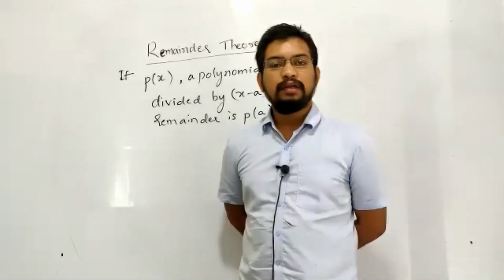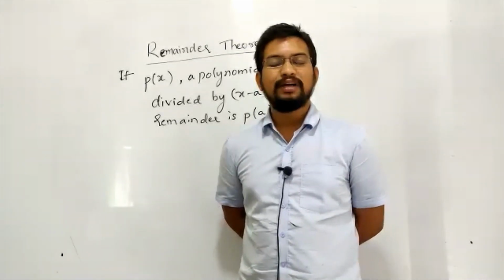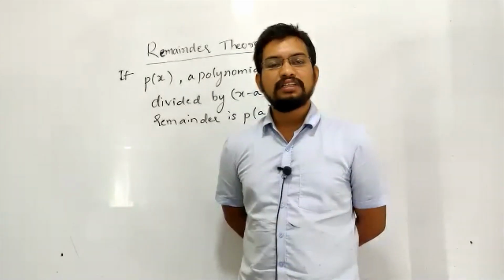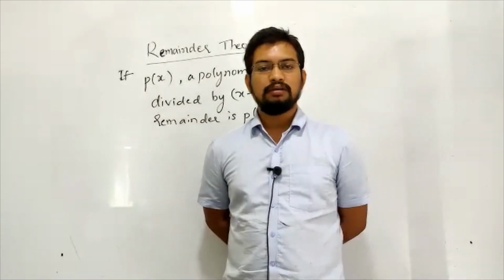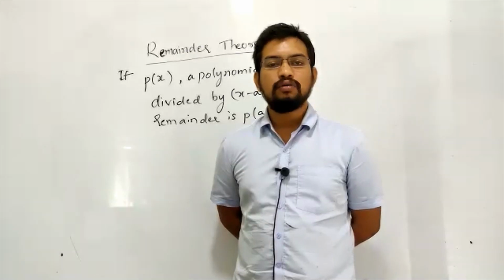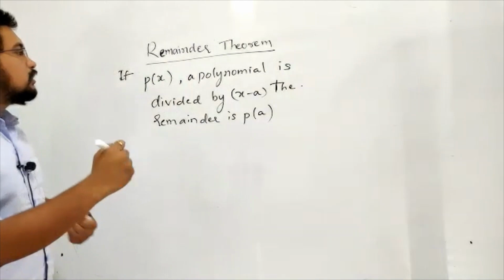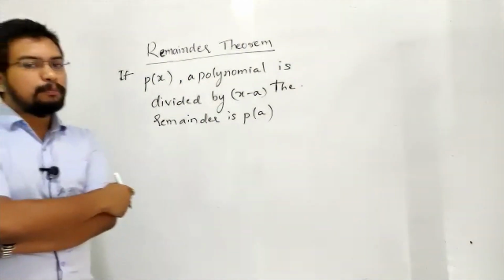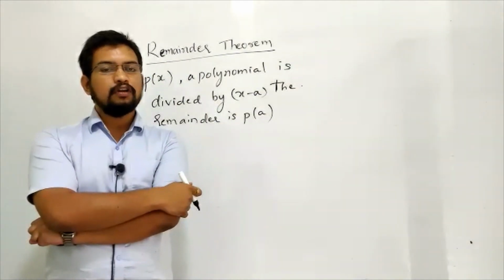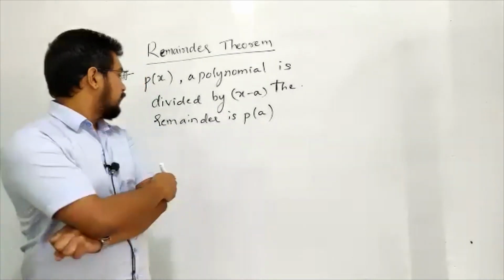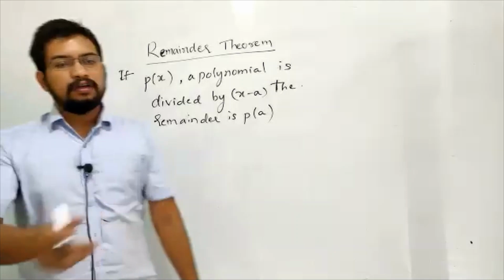This is the basic remainder theorem which you are already aware of. You might have studied it in your 10th standard or 9th standard. It is just a revision of the same concept. This is also present for JEE, so we're just discussing it. Now this is the statement of that remainder theorem: I take a polynomial p of x, and if that is divided by some factor x minus a, the remainder is p of a.